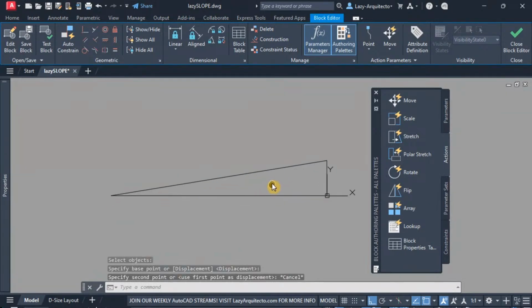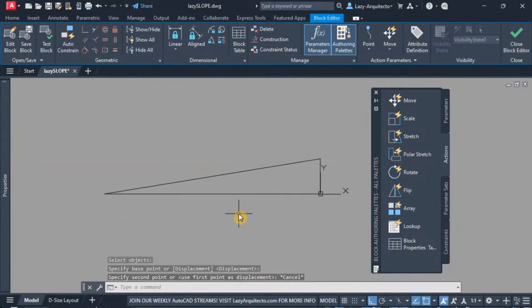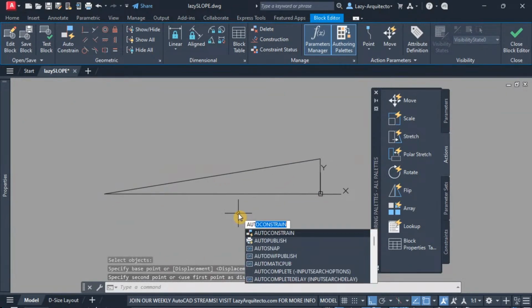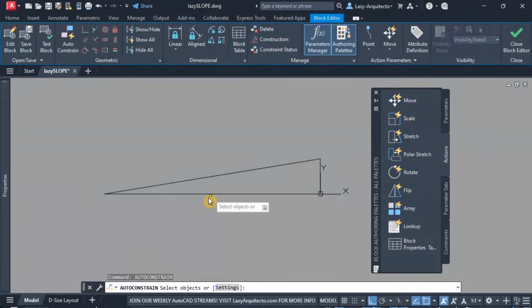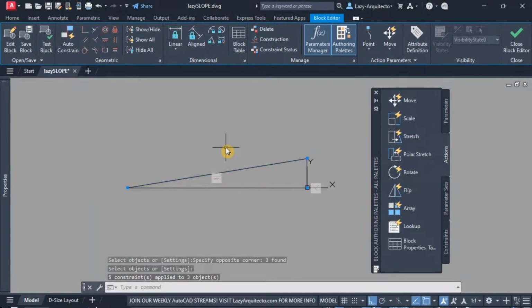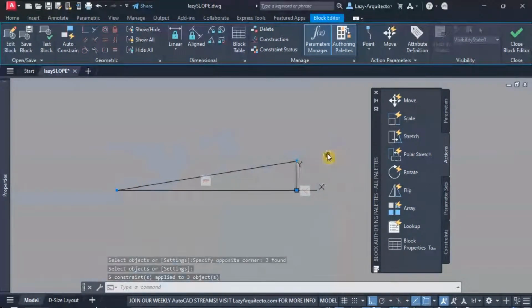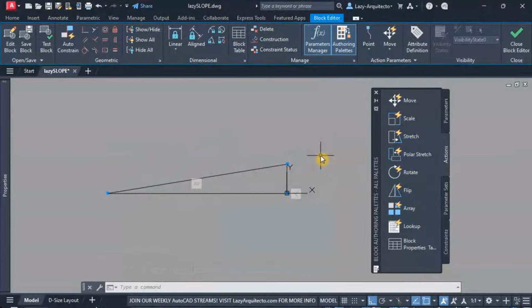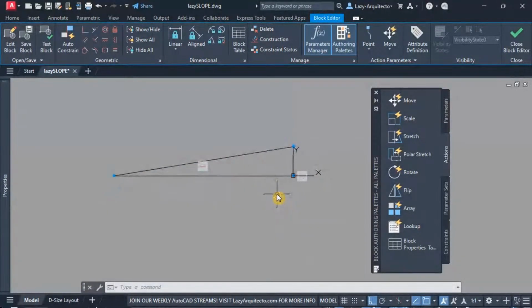So we want to constrain this, and the way we can do it in an easy way is using the auto constrain command. So that's what we're gonna use. And then following the instructions to select objects, I'm gonna do that, and then of course press enter. All right, so that's one of the first steps that we're doing to constrain these geometries. Next, what we like to do here is